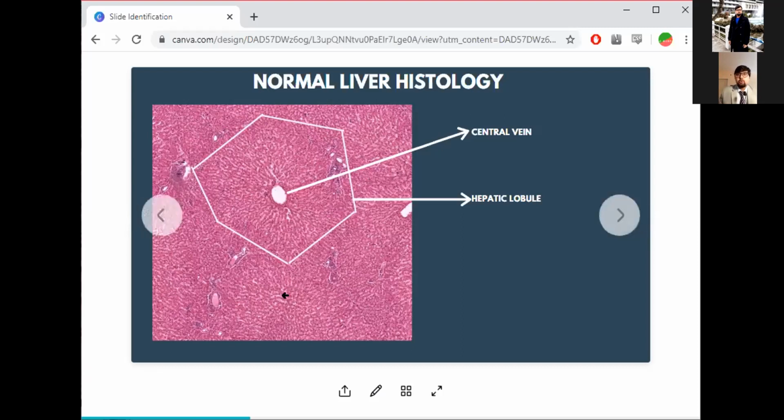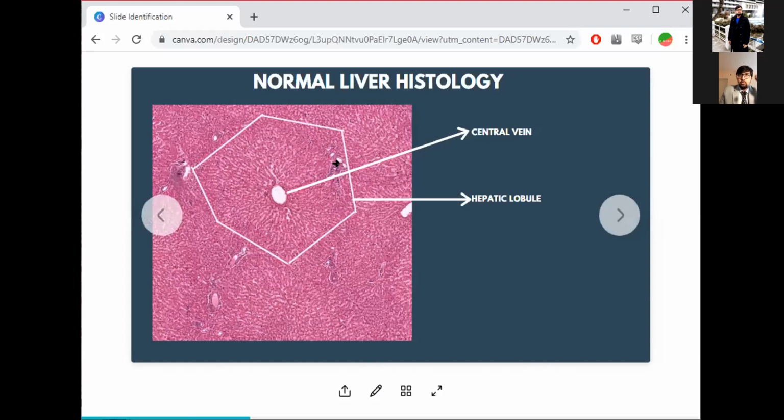First thing I want you to do is to try to identify it as the liver by looking for this hepatic lobule. And to confirm that this is the hepatic lobule, you will see that at the corner of each lobule, you'll have 3 or 4 white dots. That is your portal triad. It has a hepatic arteriole, hepatic ductule, and a hepatic venule, right? That's your portal triad in the corner.